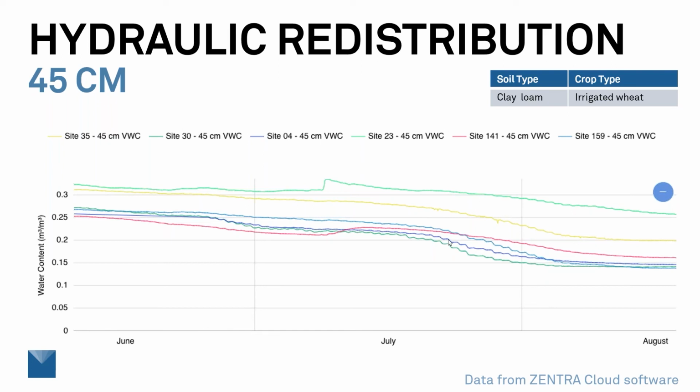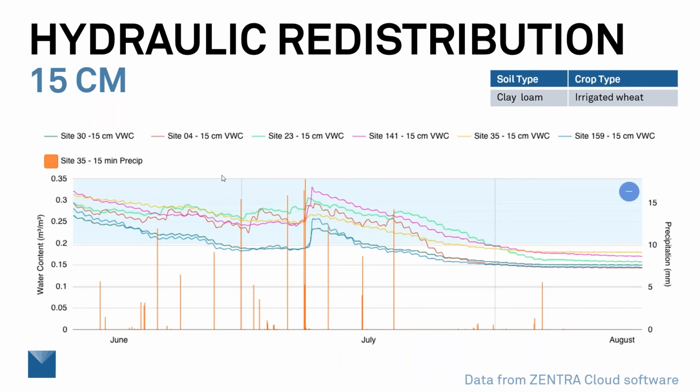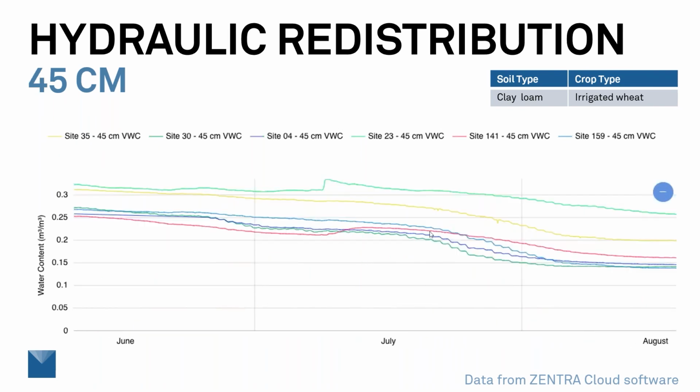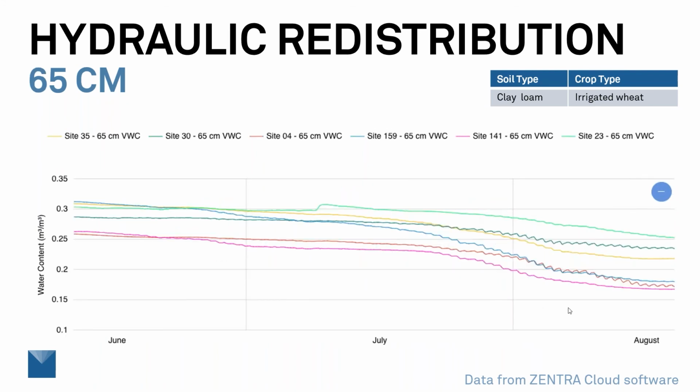Now, this doesn't seem to me to be temperature related, but related to uptake by the wheat. And notice as we went, the uptake here in June and early July, we're seeing this uptake in late July, and then going down at the 65 centimeter levels. All these patterns are happening in late July and into August when the soil is getting quite dry because of a lack of precipitation and irrigation. Early on, we see almost none of these patterns, but late, we're seeing it at several locations across the field. Not all of them, but most of them.